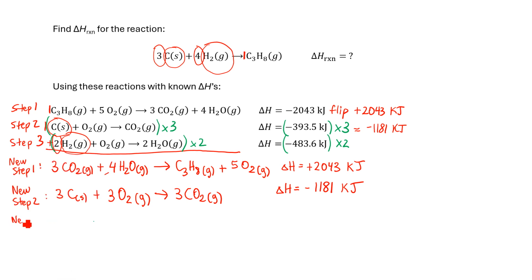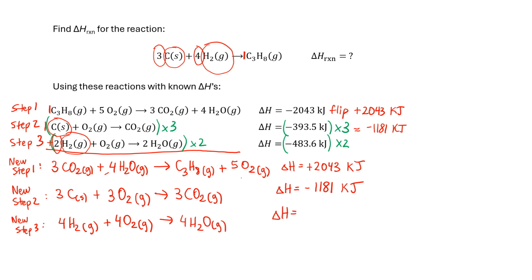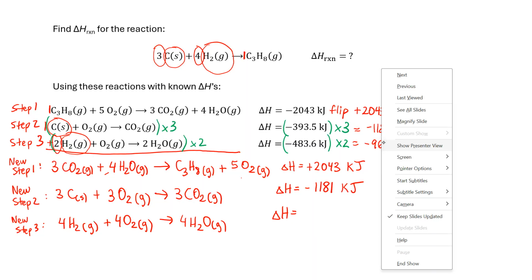So our new step 3 is going to be 4 H2 plus 4 oxygens makes 4 waters, 4 H2Os. And the delta H for that, what is this equal to? This is negative 961